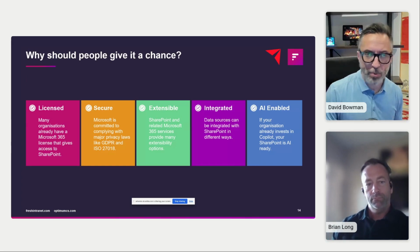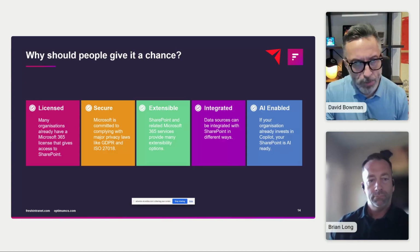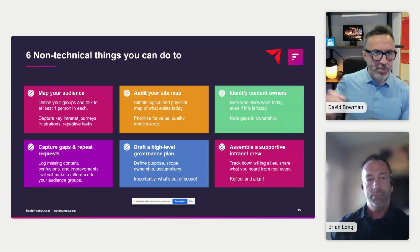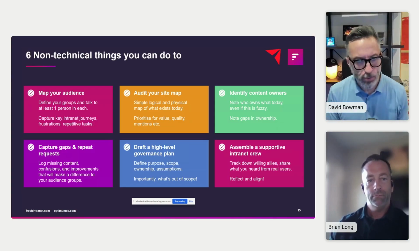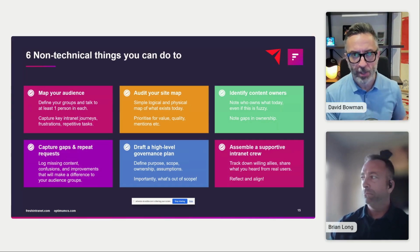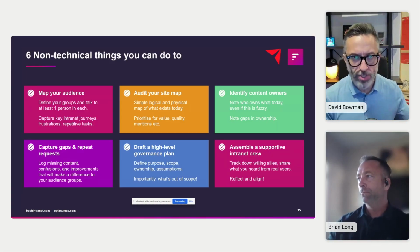The strategy for SharePoint is very much backed up these days by an organization's desire and commitment to move people into using Copilot. Yeah. So I've broken this next section up into 3 different slides. I was going to talk a little bit about some non-technical things that you can do. If you're in SharePoint today, you're not entirely satisfied with the experience that you're having, I wanted to give you some of my thoughts on what are some fairly straightforward non-technical things that you can